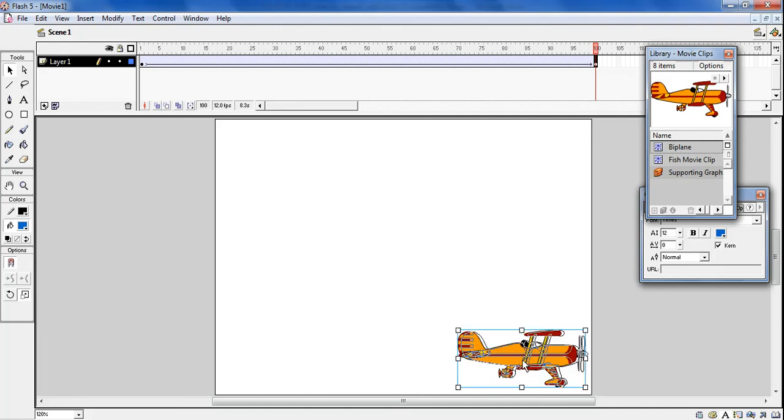Okay, done. Now the next step is that we are going to add one guide layer, so it will move according to the guide layer. I have taught you the guide layer before. Let's revise it again. To add a guide layer, we just have to go for the Add Guide Layer button, which is there on the timeline. So select the Add Guide Layer button.